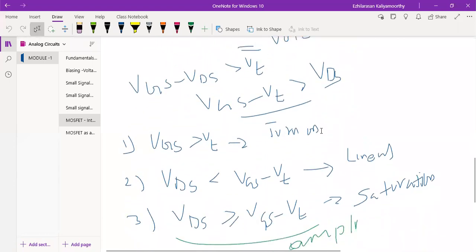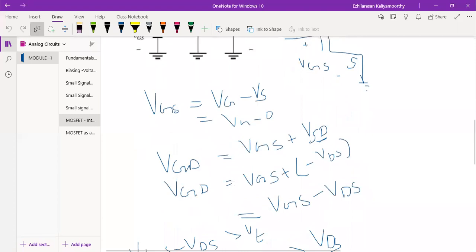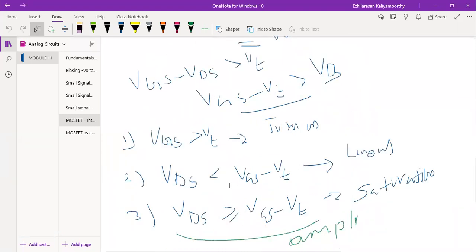Next, there is one more important thing here. One more voltage is a variable voltage. It's VDS, the drain to source voltage. So now here the drain to source voltage we can keep as variable, then VGS is constant, or VGS can be variable and VDS is constant. Something we can do. There is a condition we've seen in the previous classes. That is, when VDS is less than VGS minus VT, it will be in the linear region. When VDS is greater than or equal to VGS minus VT, it will enter the saturation region.